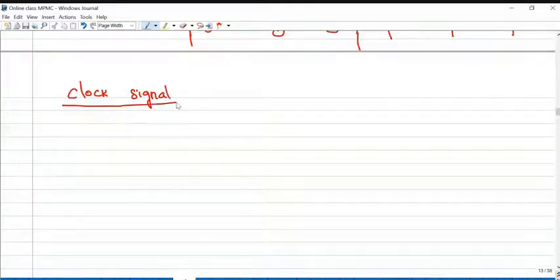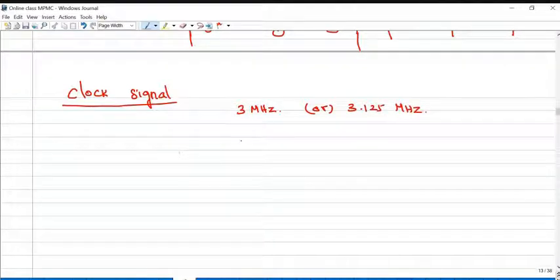Right. Next one, clock signal. To explain the instruction cycle for a particular instruction, we need different terms. First we will discuss each and every term. Clock signals. We already know the microprocessor has internal oscillator circuitry, but we need to connect the crystal externally. So 6 megahertz is the oscillator output frequency. A divide by 2 counter is available inbuilt, so 3 megahertz, or in some textbooks 3.125 megahertz.